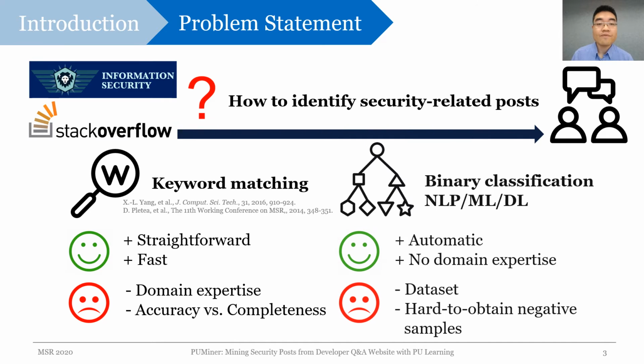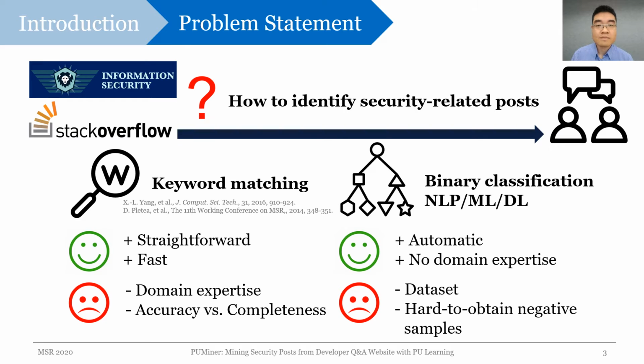Another method to overcome the difficulty of keyword matching is using NLP techniques to extract important text features automatically, and then applying machine learning and deep learning to classify whether a post is related to security or not. However, we still need a good dataset containing both security and non-security posts for a traditional binary classifier to work properly. It's also not easy to obtain negative samples in this case, since again, it depends on how well we define